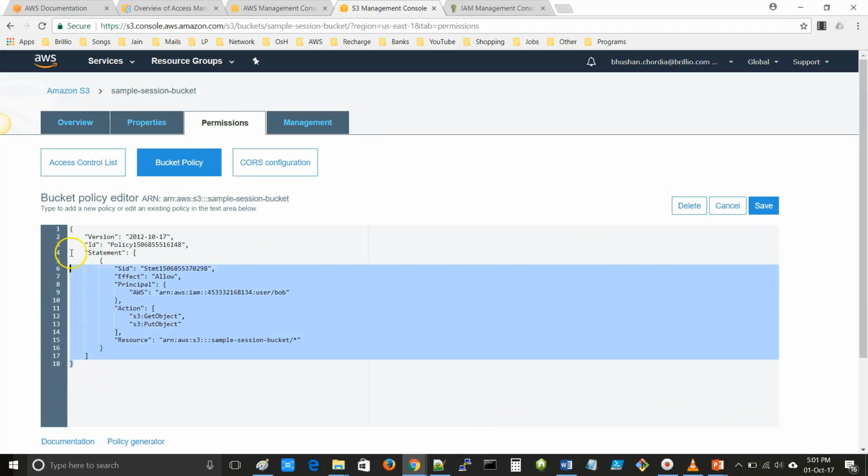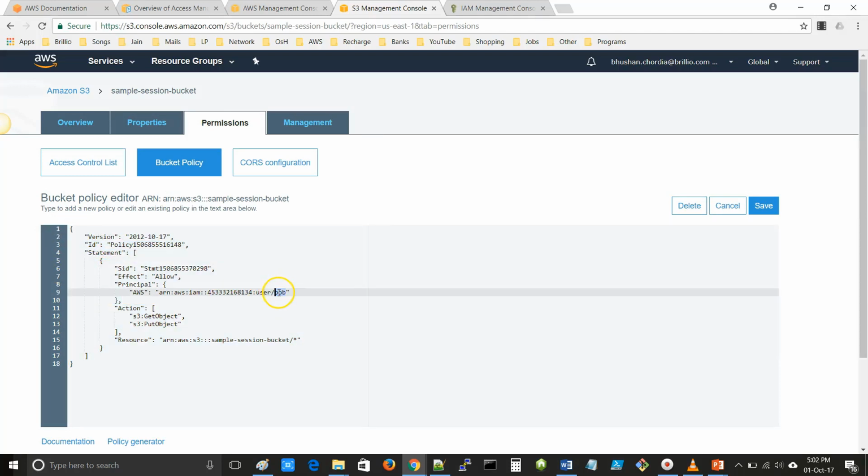Here you can see the policy which I had given for the user Bob. So only he can access this bucket with certain actions like get object and put object. So this is the concept of user-based and resource-based policy.